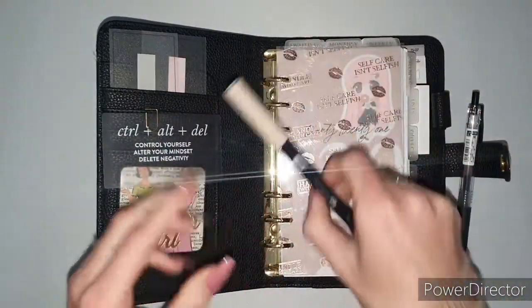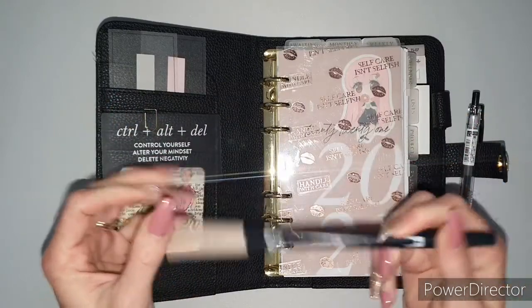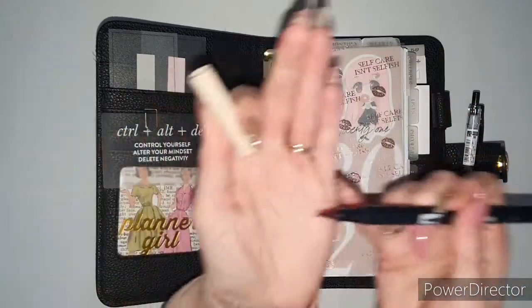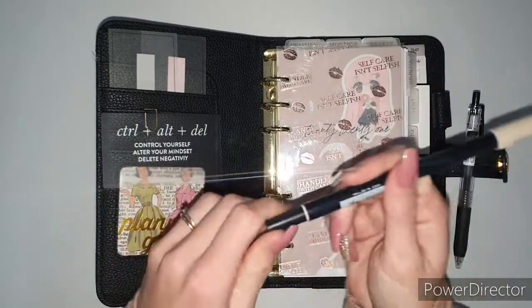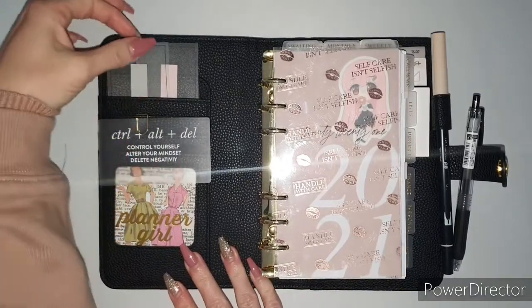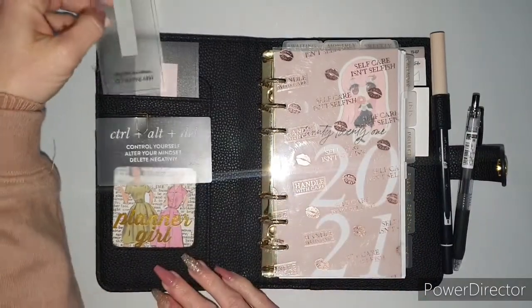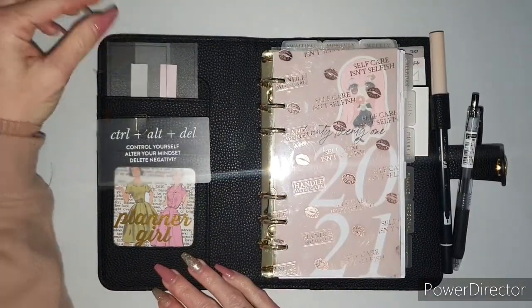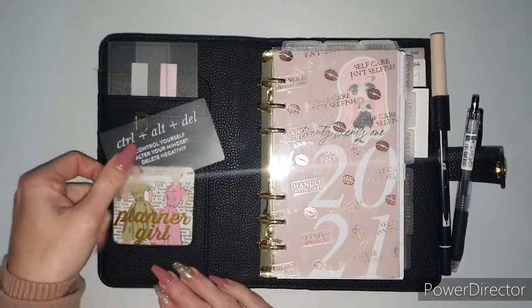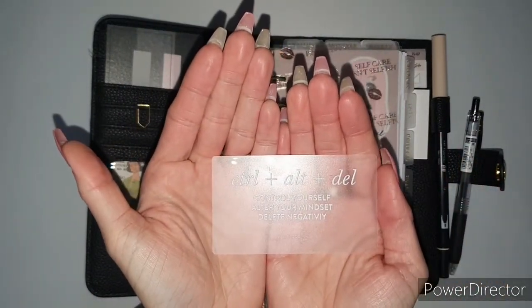And for a highlighter, I love my neutral highlighter, which is a Tombow pen, or I'm pretty sure it's an art brush. And this one is 942. As you can tell, I use this so much. It's got a brush on this end and then a tip on this end. And over to the side, you'll see that I have some sticky notes. These are just some page flags that I keep in here because I tend to use a lot of them. Not all the time, but when I use them, I like using them in my planner to section off some things. And then I have a journal card here, which says Control, Alt, Delete: Control Yourself, Alter Your Mindset, Delete